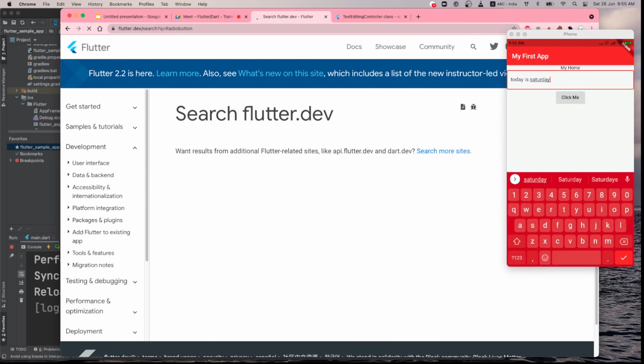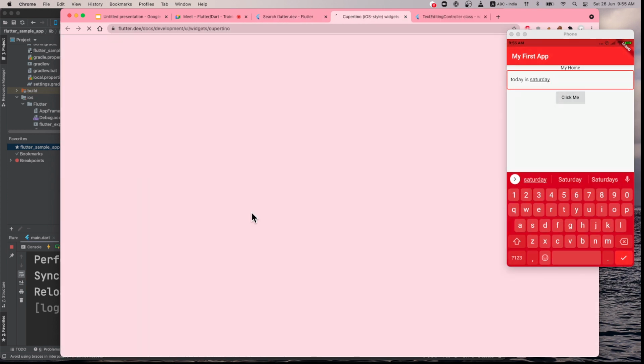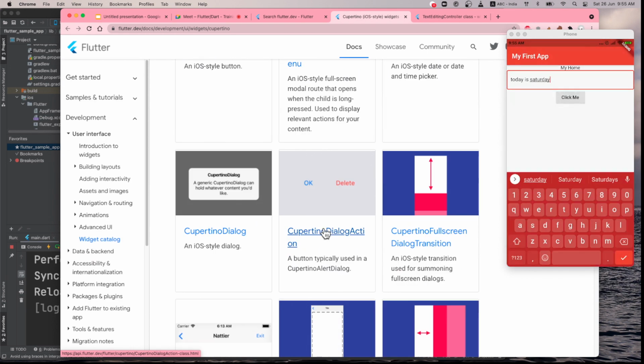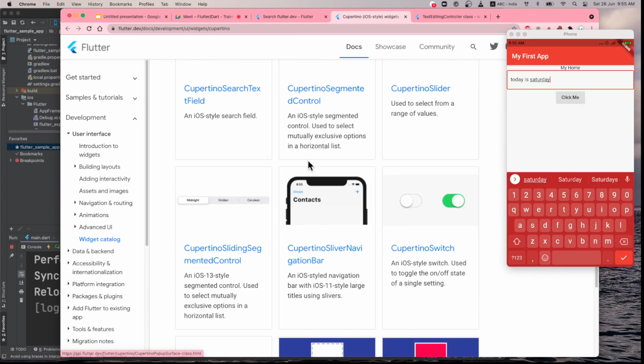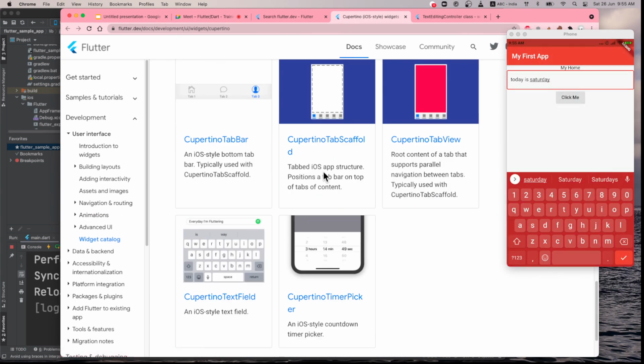And when do you use a radio button? You will use a radio button when you want to give an option. You remember there are polls in our Telegram, where you can select only one option. So if you want to have only one option, then you will use the radio button. Here, where is the radio button?